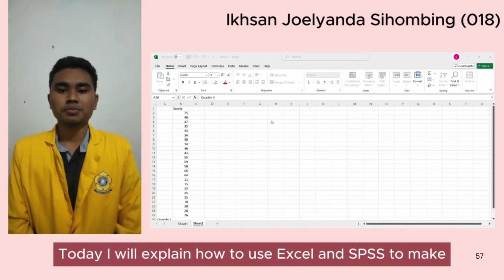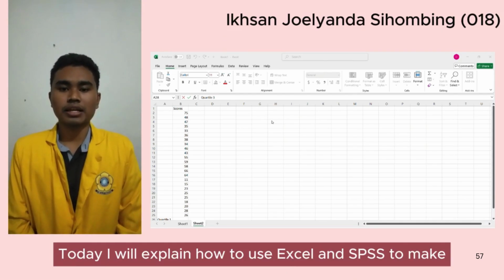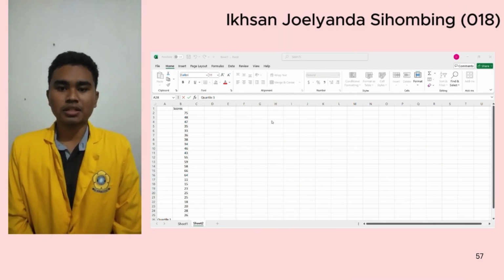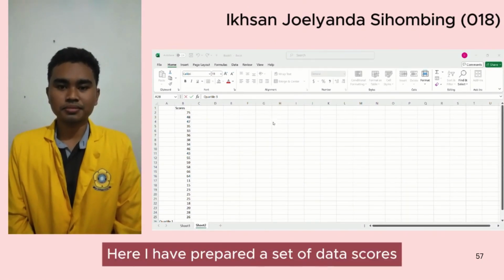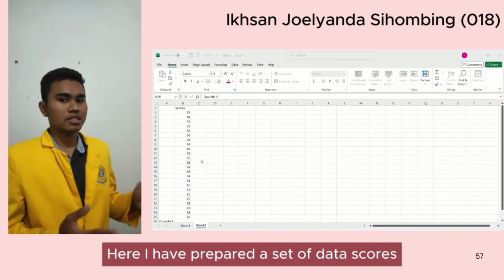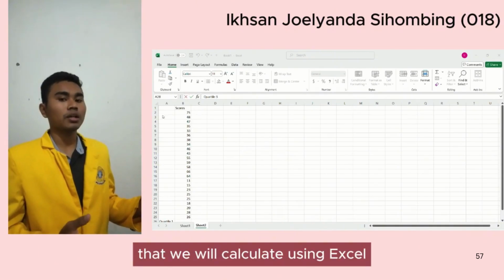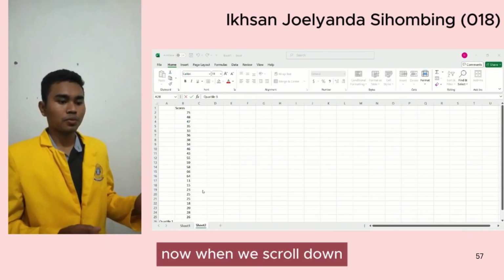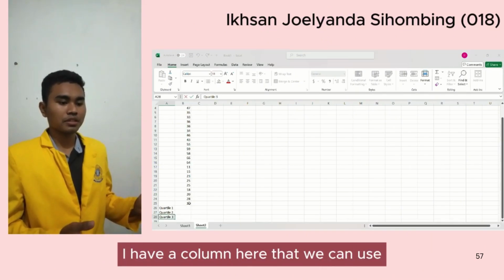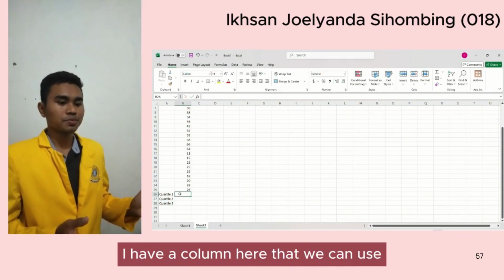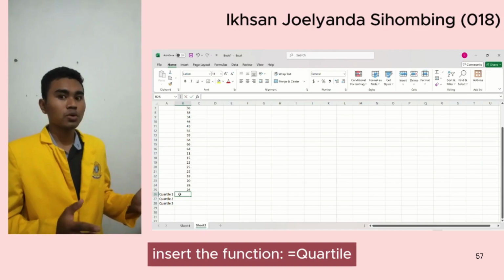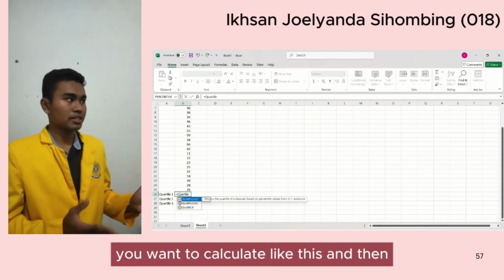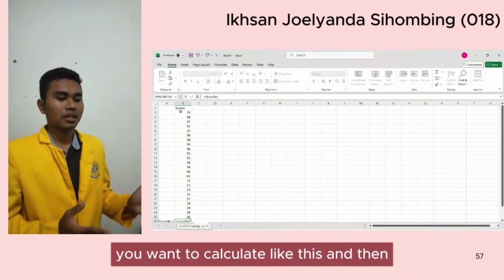Today, I will explain how to use Excel and SPSS to make box plots. Let's begin. Here, I have prepared a set of data scores that we will calculate using Excel. Now, when we scroll down, I have a column here that we can use. Insert the function equals QUARTILE, highlight the array you want to calculate, like this, and then